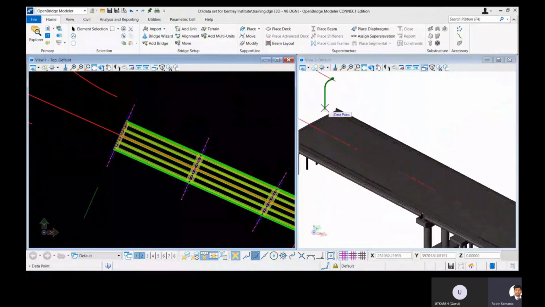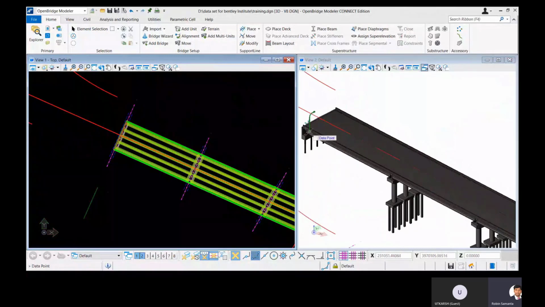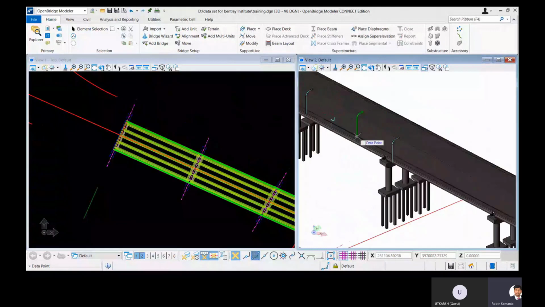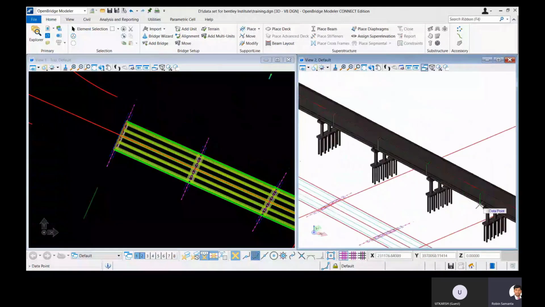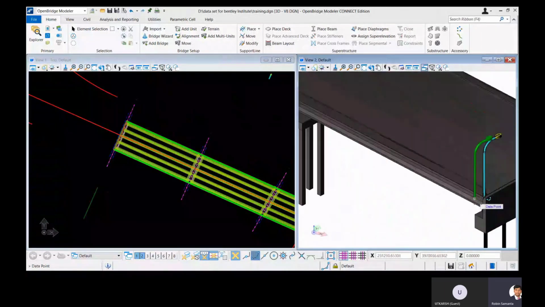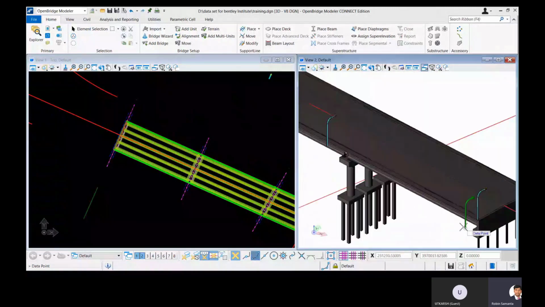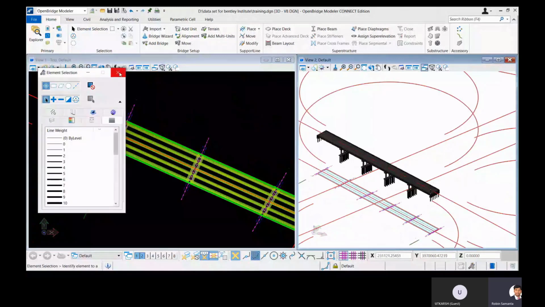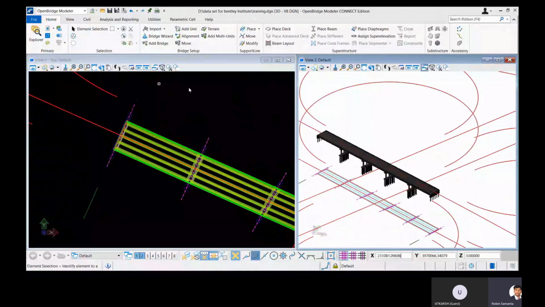There are some other options as well. One would be by path, where you can select any deck attachment, right? And you can place your light post. And once you have placed it, you can also edit those elements anytime. So this is one option by which you can place the light post, the utility ducts, or any other shapes you created. But here is one option for the path.